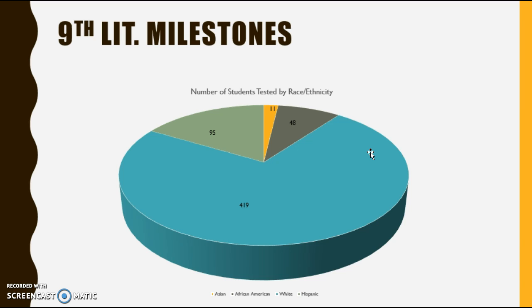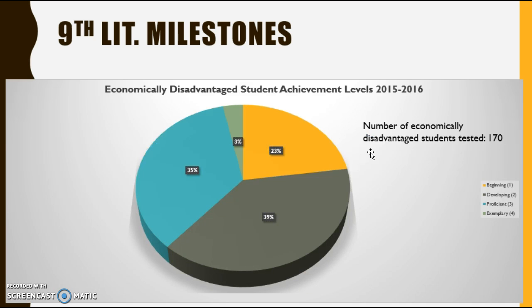95 Hispanic students were tested, and so we do have a large percent of the Hispanic population in the 9th grade. But we had 170 students who tested that were considered low SES. So if we only have 95 students who are Hispanic, there are even more students who I think are coming from the white race/ethnicity who are also feeding into the low SES students.